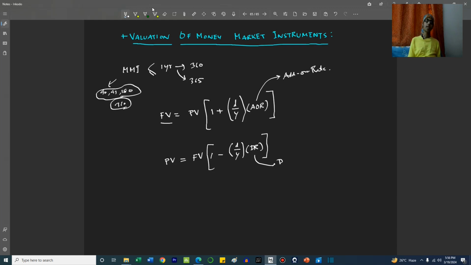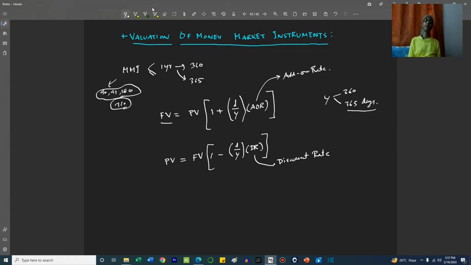This is called the discount rate. Now the year, again I'll repeat, can be of two conventions generally. One is 360 days, one is 365 days. Now when we calculate the add-on rate, assuming that the year has 365 days, then it is called a bond